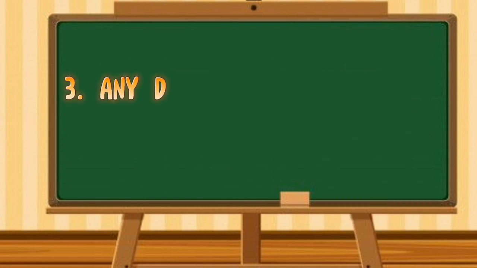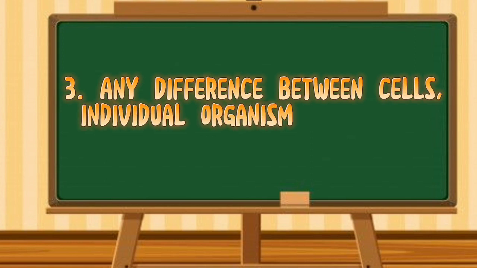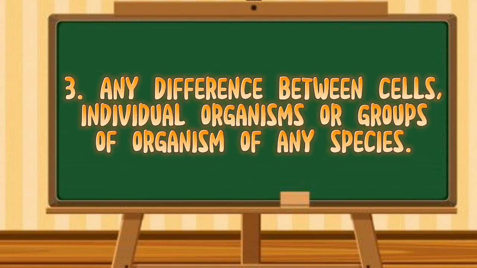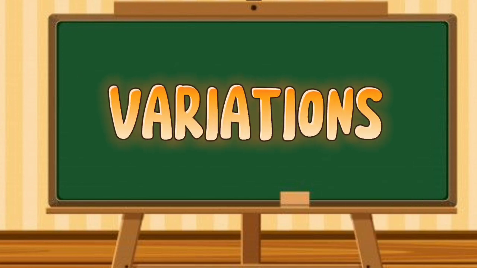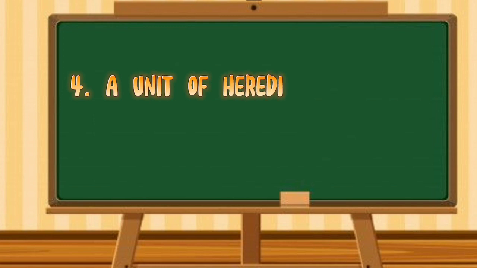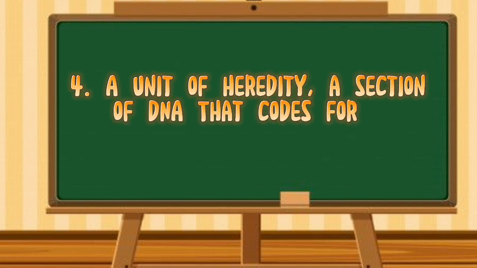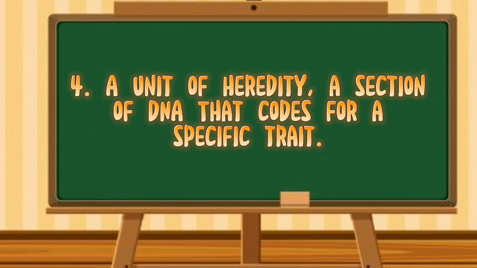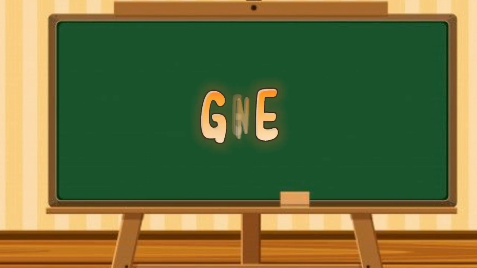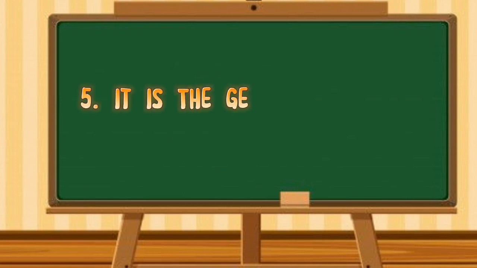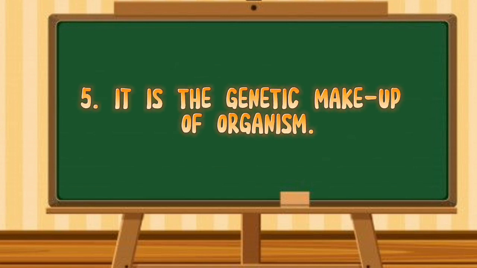inheritance. 3. Any difference between cells, individual organisms, or groups of organisms of any species. The answer is variations. 4. A unit of heredity, a section of DNA that codes for a specific trait. It is gene. 5. It is the genetic makeup of an organism. The answer is